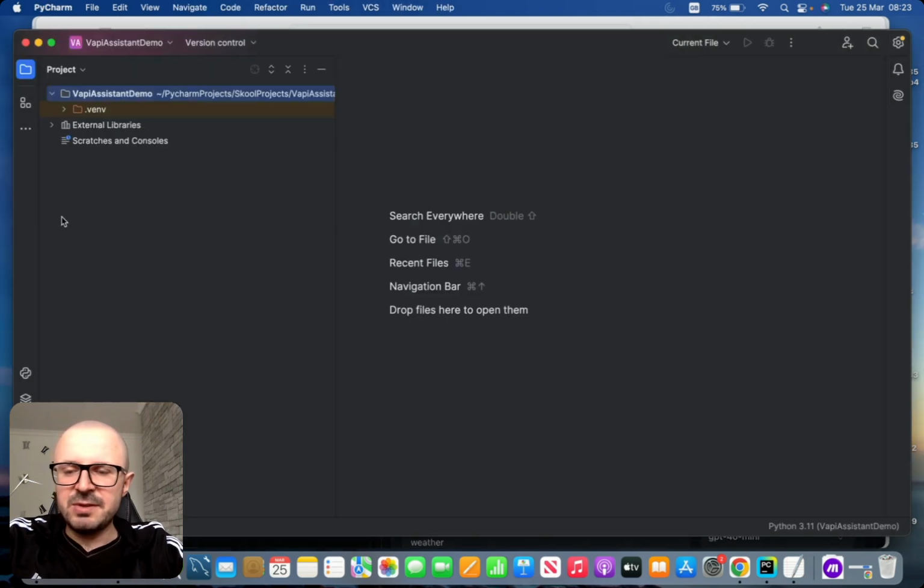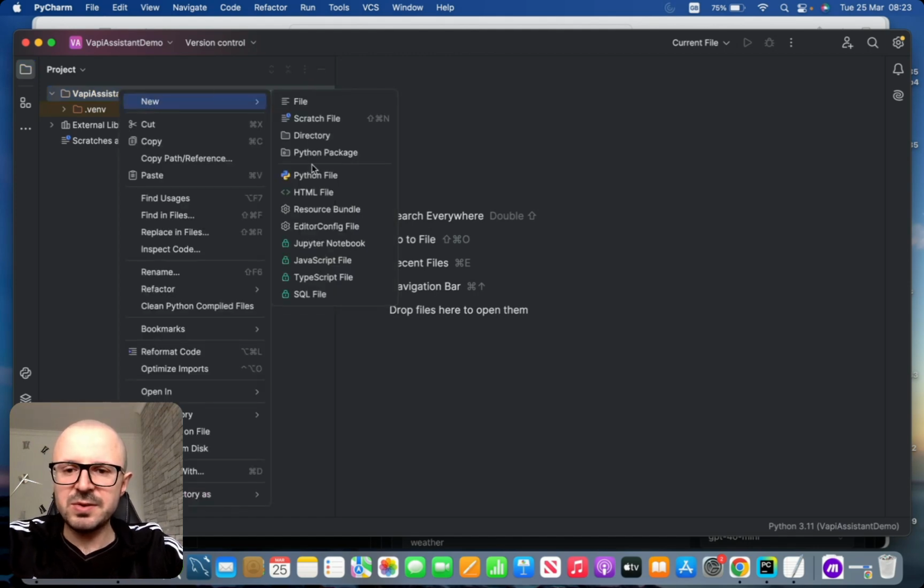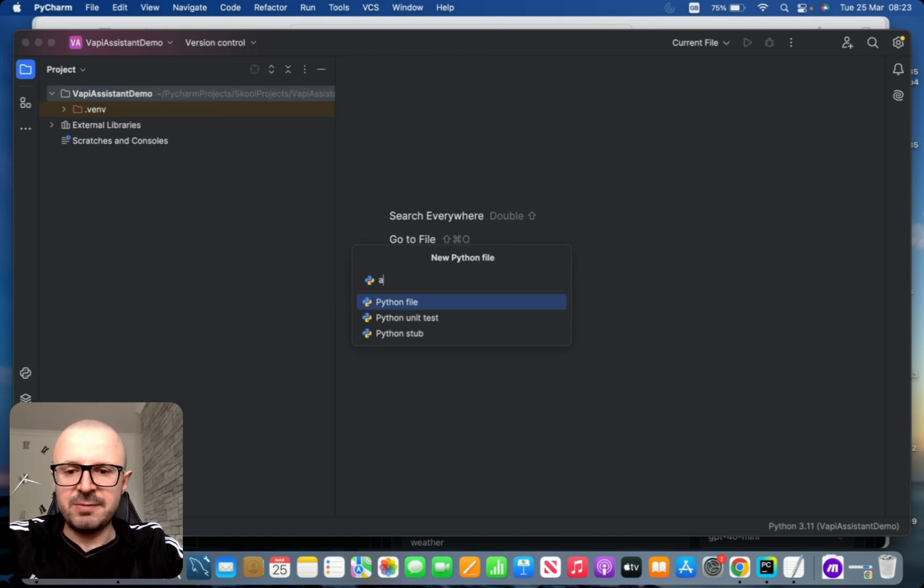So first things first, we need to create a new project in PyCharm. So I'm going to create a very basic one-pager website which demonstrates how to add the assistant into any website. So I've already created a project called VAPI Assistant Demo. So let's go ahead and create a file called